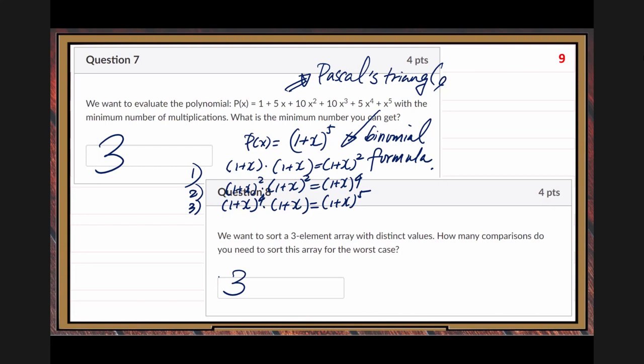Here, I'd like you to compare with our previous question, median of 3, also 3 comparisons. Median of 3, sorting, because if we can sort the array, then you can find the median immediately, right? If we spend 3 comparisons, we can already sort it. After we sort it, we can just pick the median immediately. But the same number of comparisons for 3 elements. Be careful, only for 3 elements.